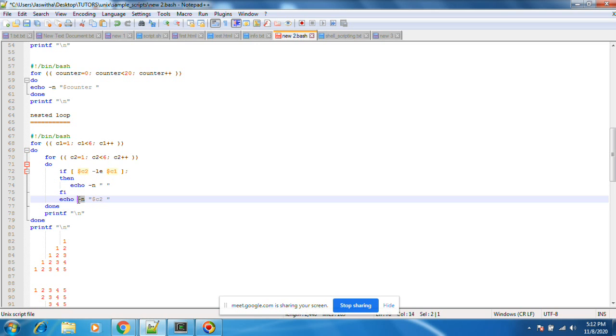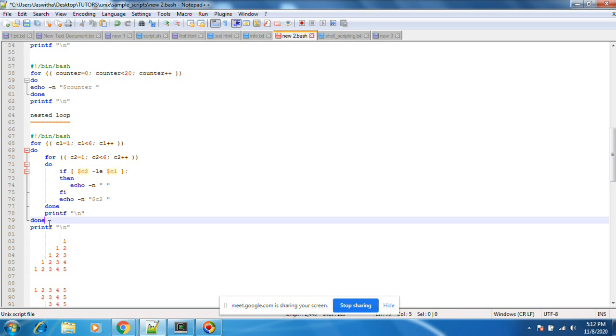See, echo hyphen n means it will print side by side. If you don't give echo hyphen n, it will come on a new line. Okay, this is the thing we need to consider.